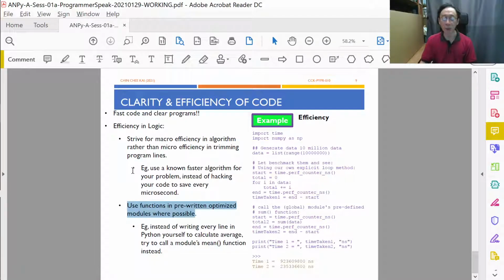So when these two are combined, we will actually be able to both obtain efficiency at the macro level because this is a fast algorithm, and at the same time keep the clarity of the program, the readability of the program, the reusability of the program intact. Okay, so let's not talk about complicated algorithms, but just adding numbers, adding